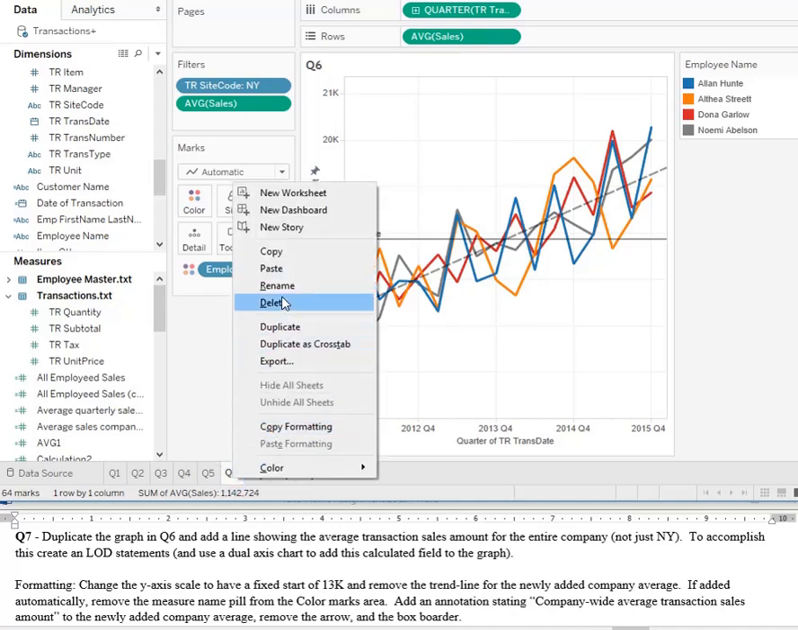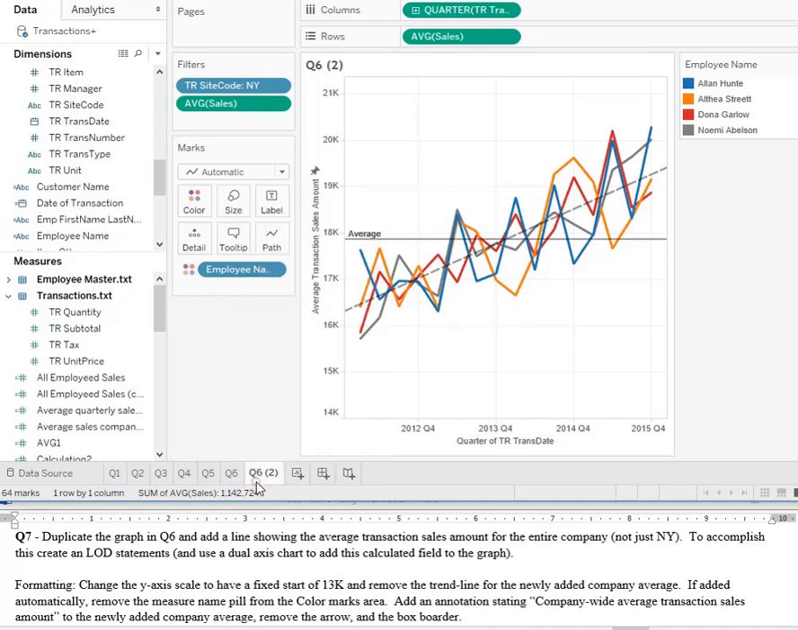Duplicate the graph we just created and call this Q7. So in Q7 we want to show the average for the entire company instead. Remember here we're filtering away all the sites that are not New York sites, so we include no transactions unless they are from New York, and then this average represents the average sales amount for all the transactions in New York. But if we want the average sales amount for all transactions across all sites, well, anything we put